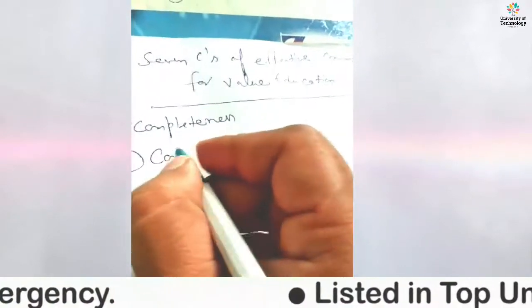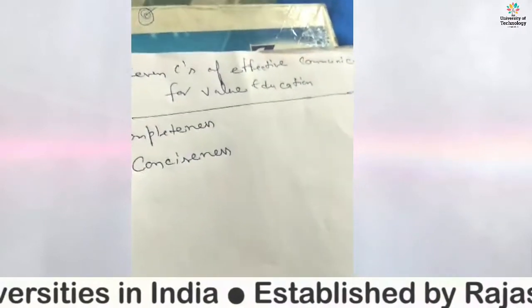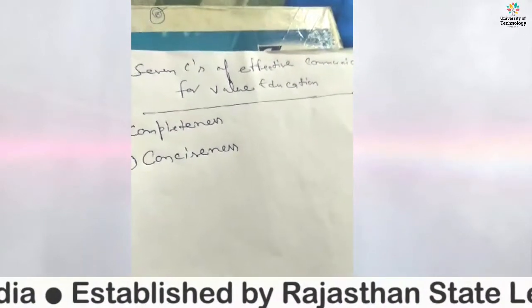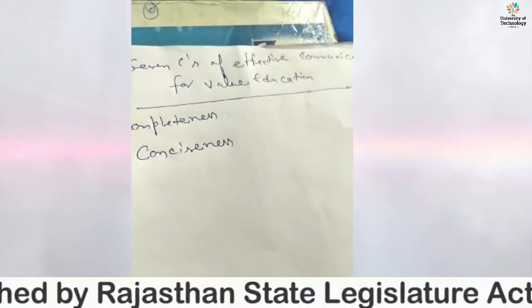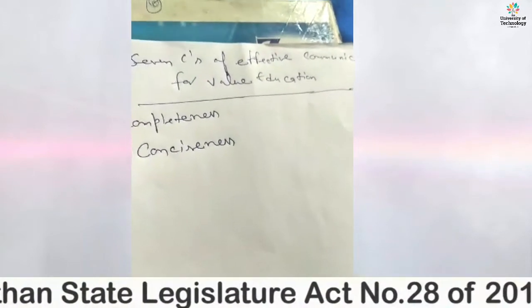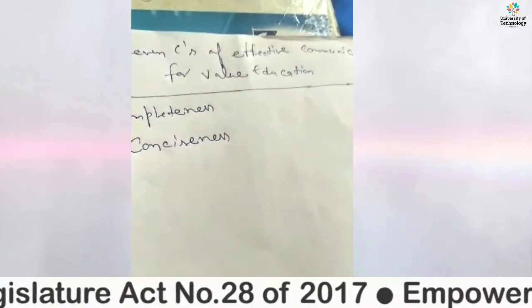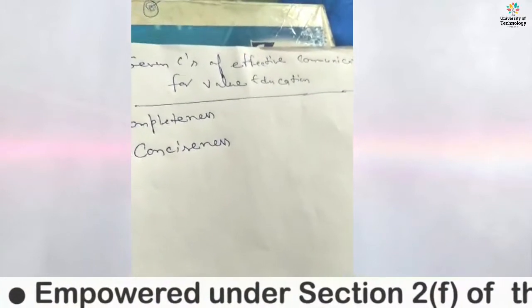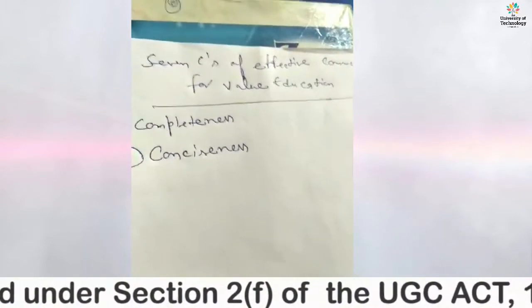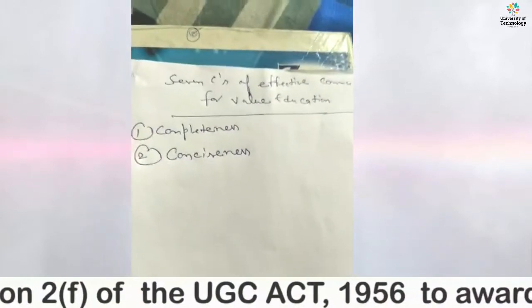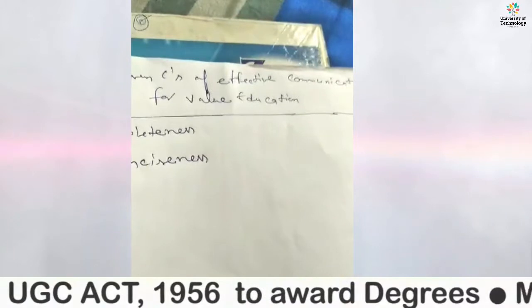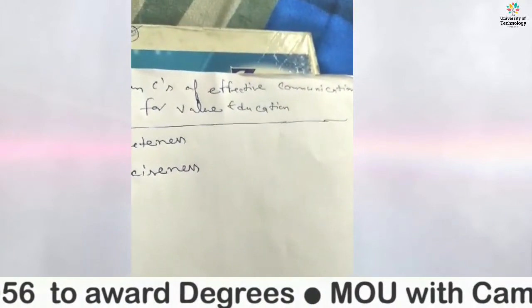Second, conciseness. Conciseness means communicating what you want to convey in the least possible words. So concise communication has the following features. It is both time saving as well as cost saving. It underlines and highlights the main message as it avoids using excessive and needless words. It provides short and essential messages in limited words to the audience. A concise message is non-repetitive in nature.